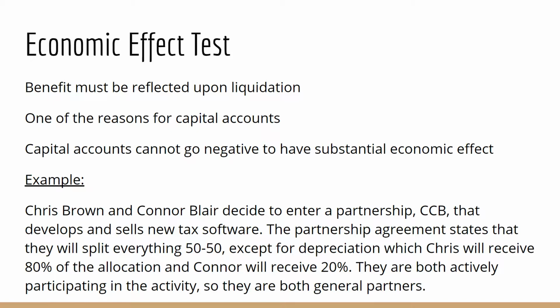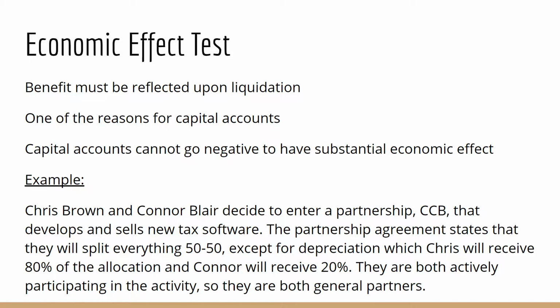Capital accounts cannot go negative. If they do, the transaction will not have substantial economic effect, and the allocations will be disallowed. So we're going to go back to our example here, pretty much the same. They're splitting everything 50-50,